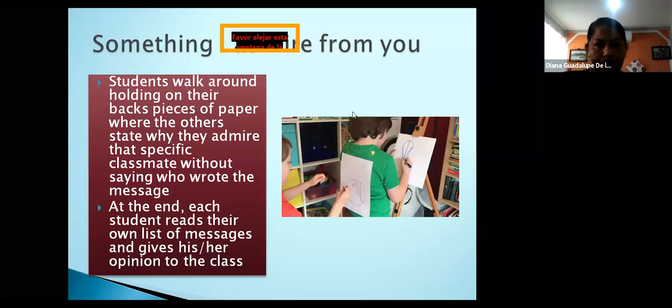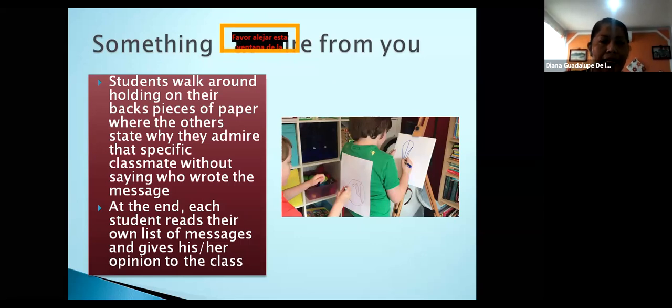Something that I admire from you. Sometimes I ask my students. This activity was planned for you to be in my workshop and to share with others, but since we are in a pandemic situation, we cannot do it. I will explain to you. Students walk around holding pieces of paper on their backs where the others say why they admire you, for example,